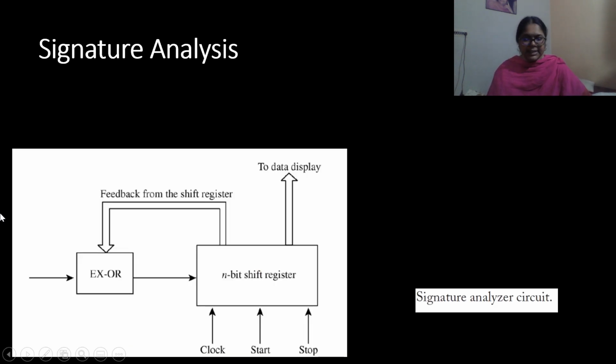Next is signature analysis. This is another method of analyzing the output of the circuit under test. The signature analysis technique detects errors in the data streams caused by hardware faults. It uses a data compaction technique to reduce long data streams into a unique code called a signature. Signatures can be created from the data streams by feeding the data into an n-bit LFSR.